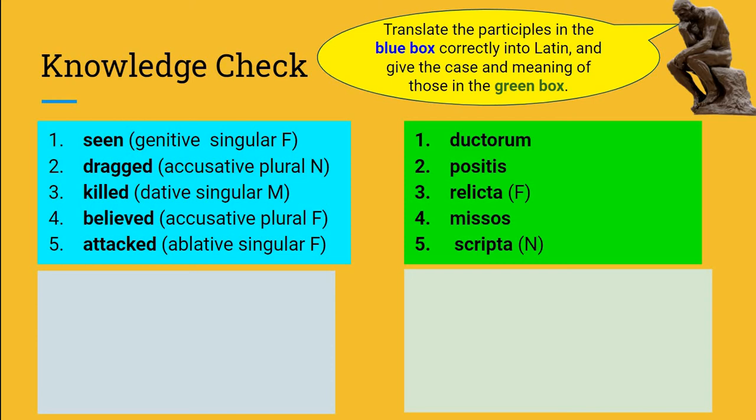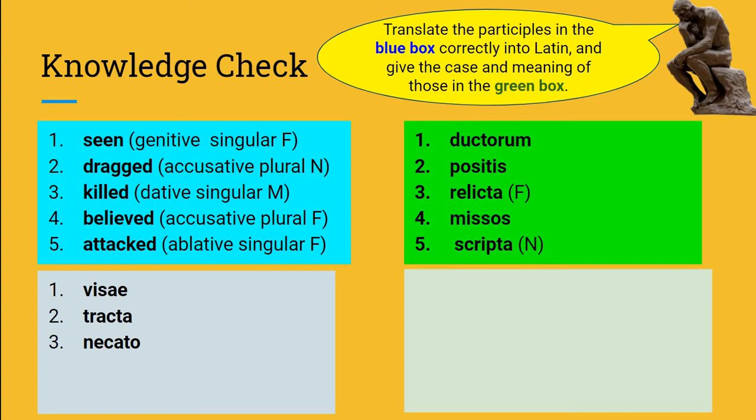Alright, so seen here is going to be visi, which is from the Latin video, videre, vidi, visus, and you've put it correctly into the genitive, singular and feminine. Dragged here will be tracta, which is from the verb traho, trahere, traxi, tractus, and it's in the accusative, plural, and it's neuter. Killed here, well, there's a few verbs we could use, but I've gone with nakato, from nako,